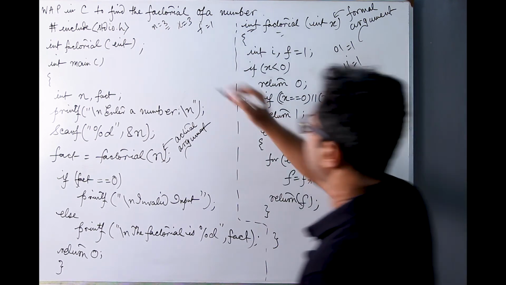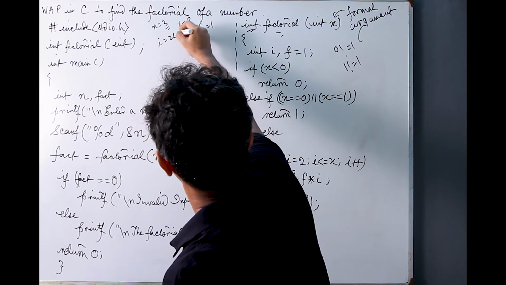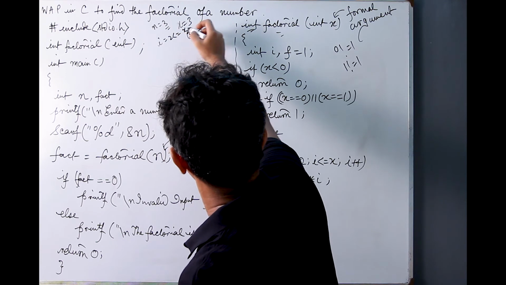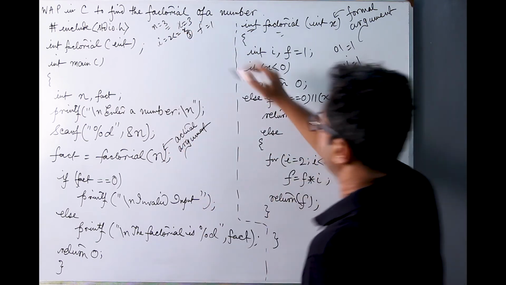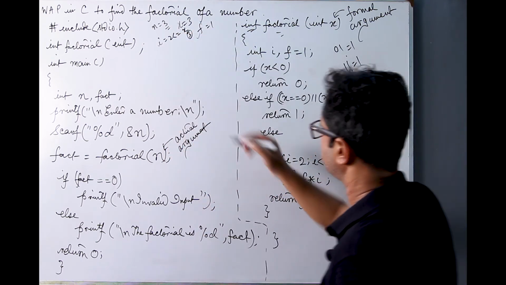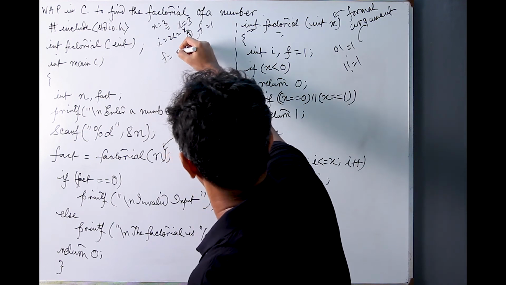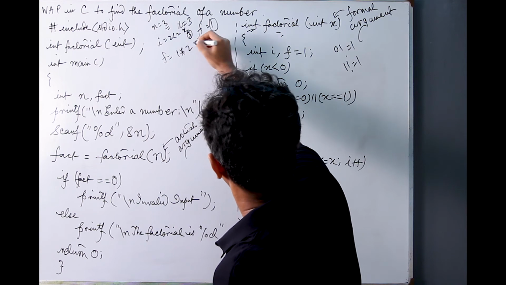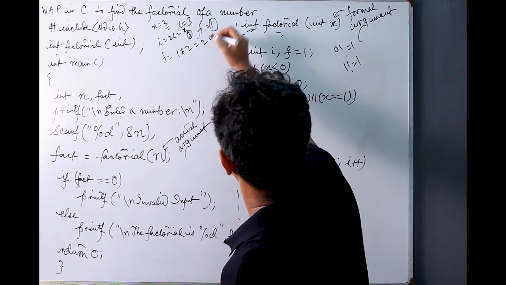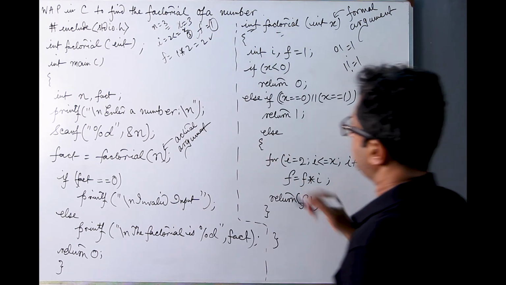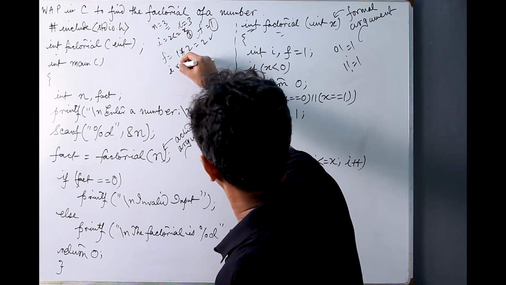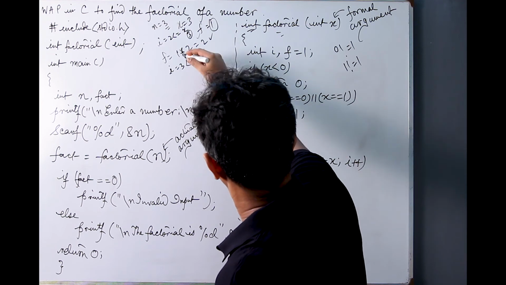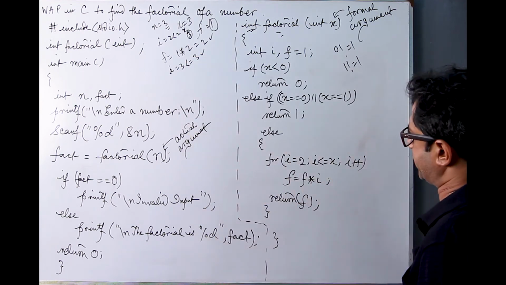For I is equal to 2, I less than equal to x, that is definitely x is 3 and 2 is less than equal to 3. So the condition holds and we calculate the f value in this manner. F is equal to, previously f was 1 and 1 star I means 1 star 2 means 2. So f contains a value of 2 now. I will be incremented by 1. It will become 3 less than equal to 3, correct, and we get inside the loop for the second time,